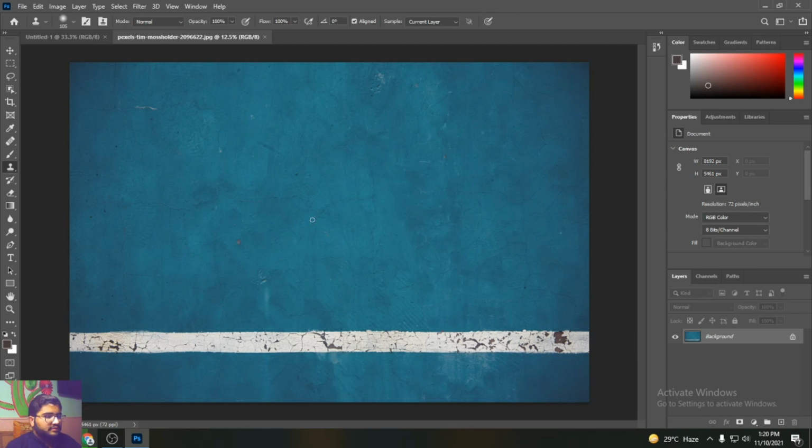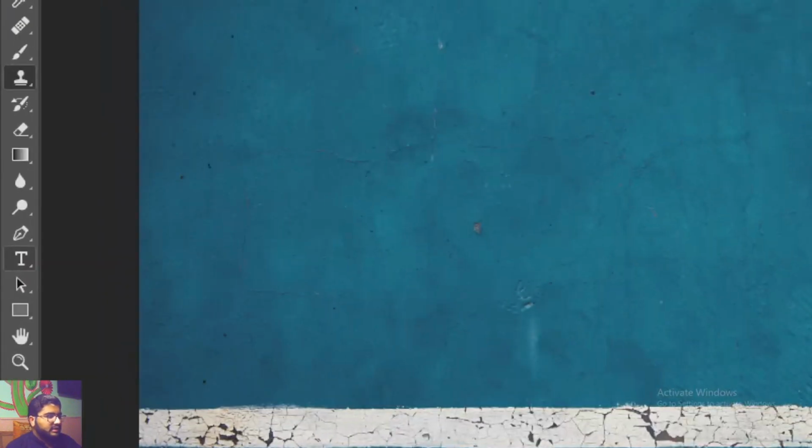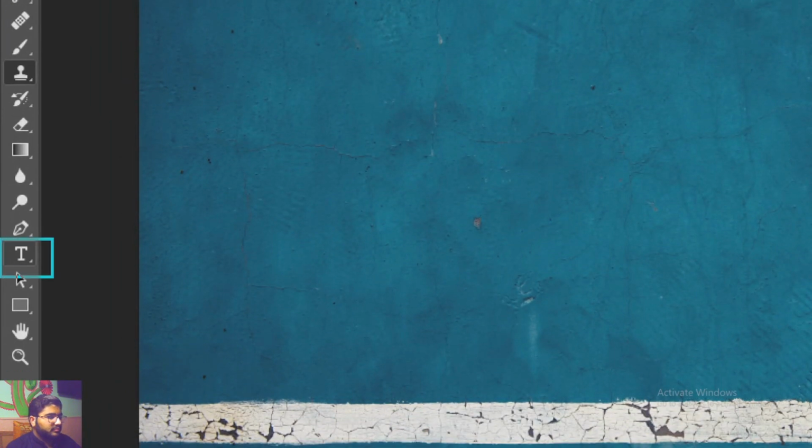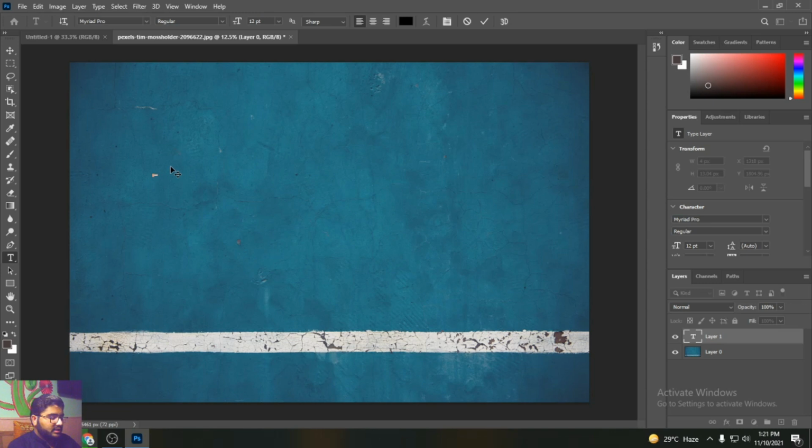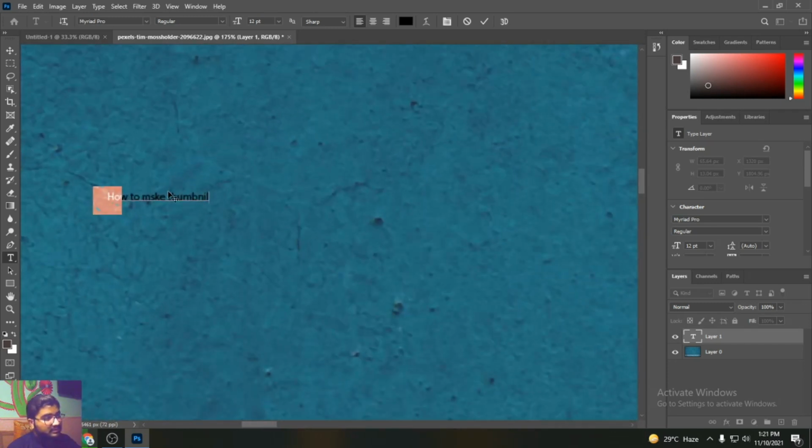Now you can see this background. Now here you can see the text tool is here. You can also press T to choose the text tool. Press T and type here. Zoom this and